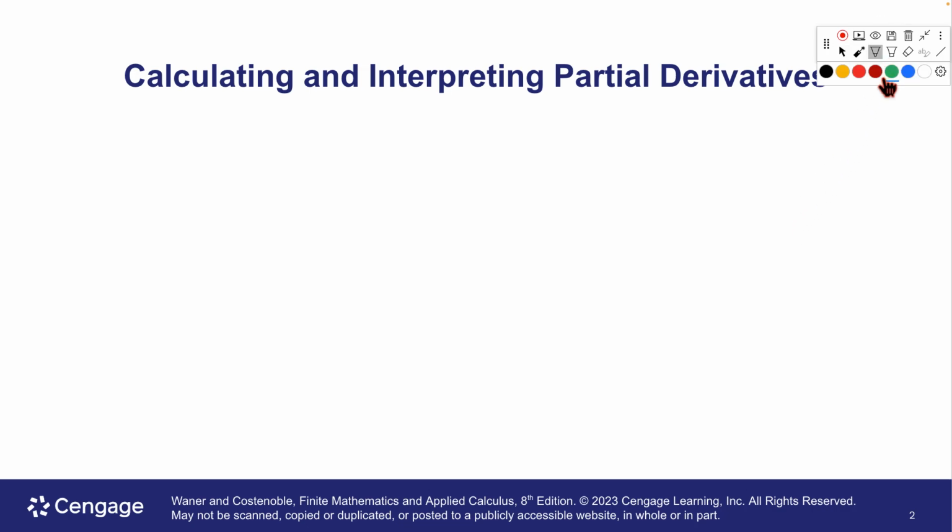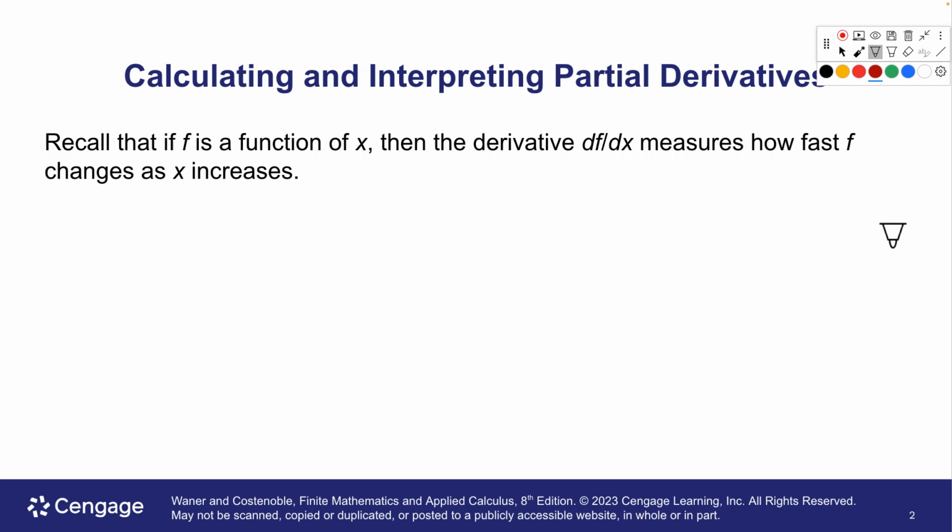So we're going to be looking at what a partial derivative is. This takes us back to MAT211, the calculus. If you remember, if we have a function f of x, its derivative measures how fast the function is changing as x increases. So when we go to take a derivative of a function in general, say f of x, let's go with the original function, something like maybe 2x to the third minus 5x squared plus